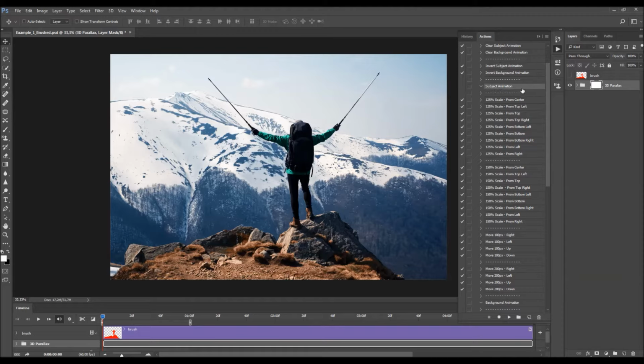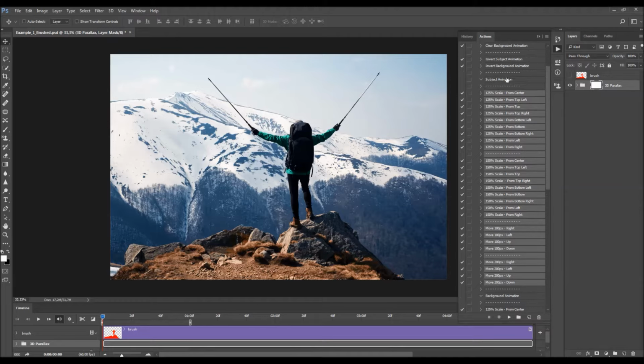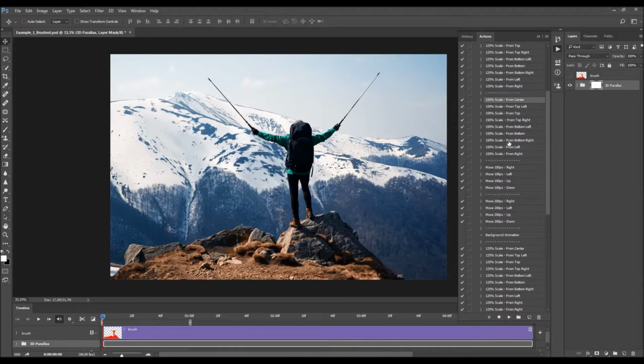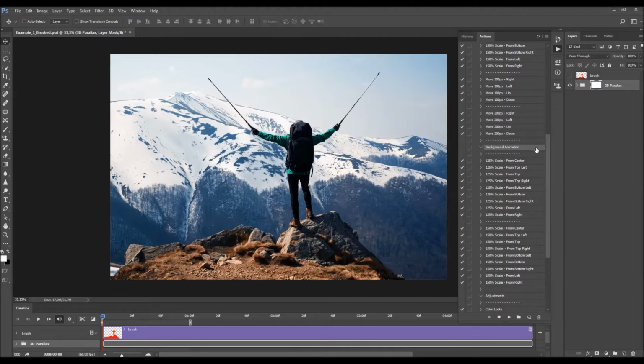So what we got here are the subject animation actions. All these actions here are just making the animation for the subject, so you can scale the subject from different directions at 125% scale, and you can do the same for the 150% scale, and you can move the subject in all four directions for 100 pixels or for 200 pixels if you want. And now what we got here are the background animations. So all these actions here are going to animate the background. So you can't move the background, but you have all these actions for scaling for 125 and 150% scale in